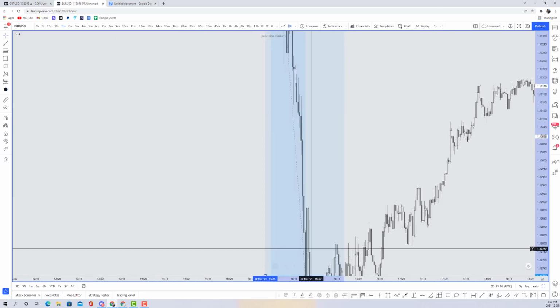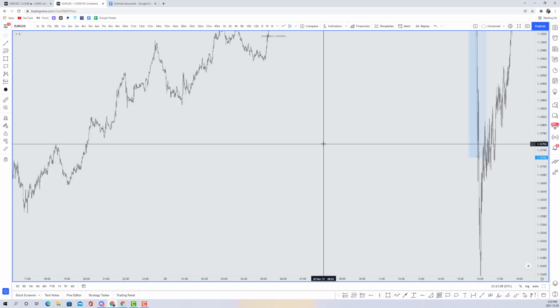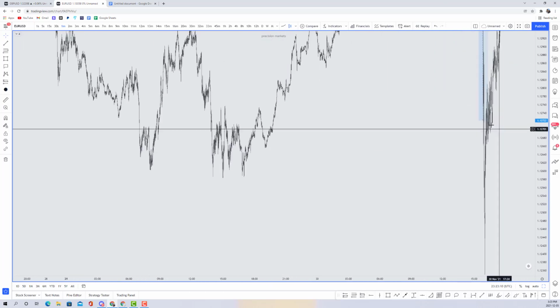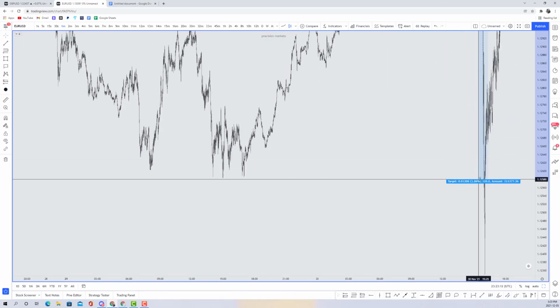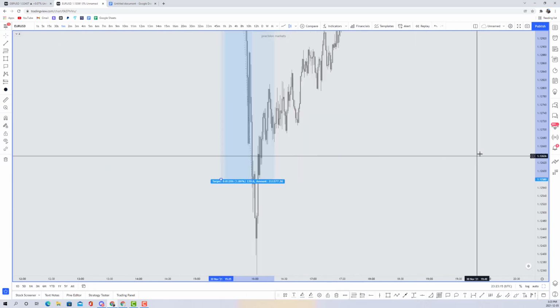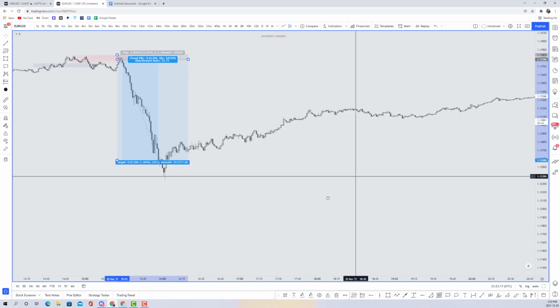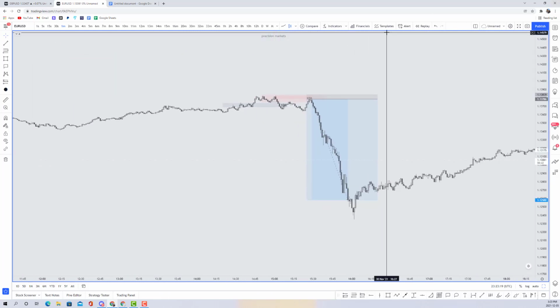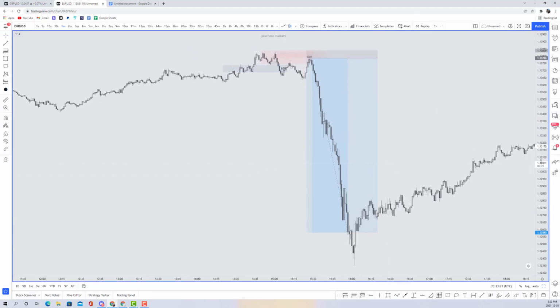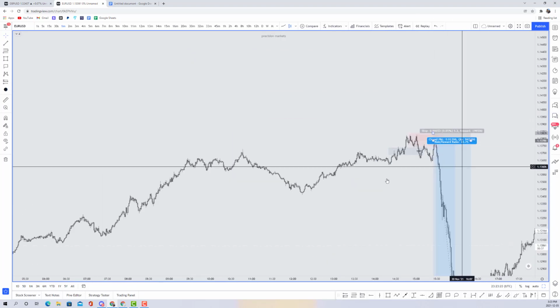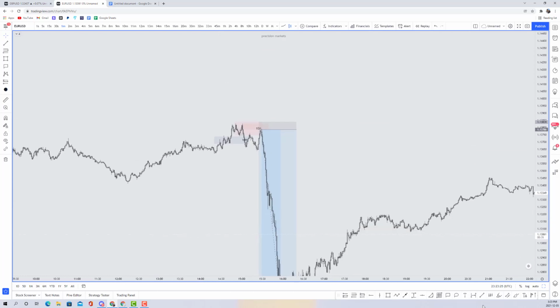So wherever the 4-hour lows were, that's as far as you target. So the 4-hour lows are right there. Definitely didn't expect that to happen in a half hour. So now let's talk about this. So you have your